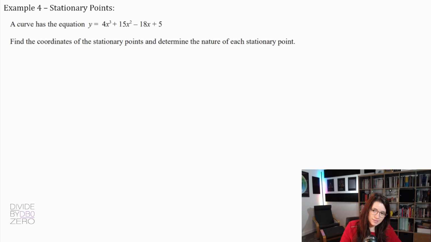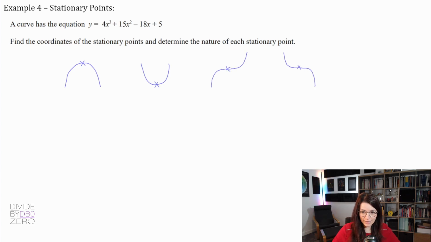Find the coordinates of the stationary points and determine the nature of each stationary point. So before we do this example, let's go through what stationary points are. They can look like this. So this could be a stationary point, this could be a stationary point, or these could be stationary points. This one here is called a maximum, this one's called a minimum, and these ones would be called a point